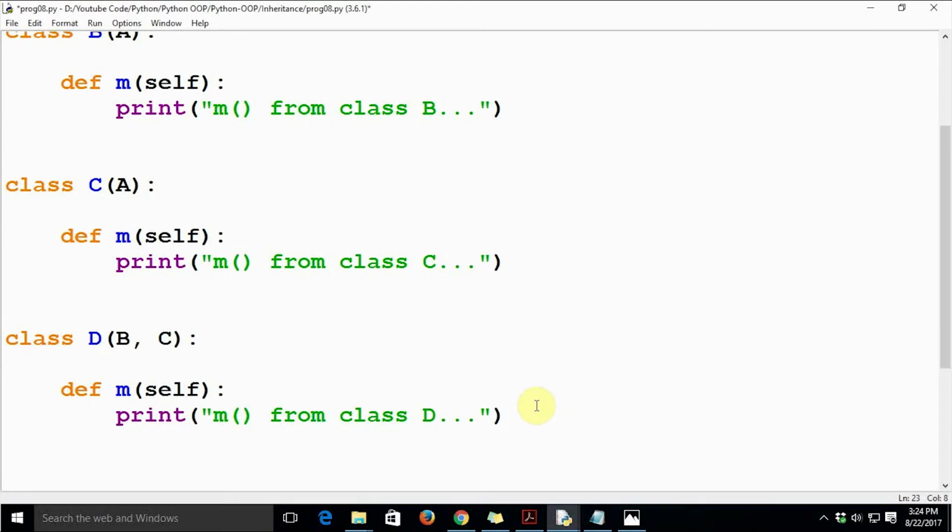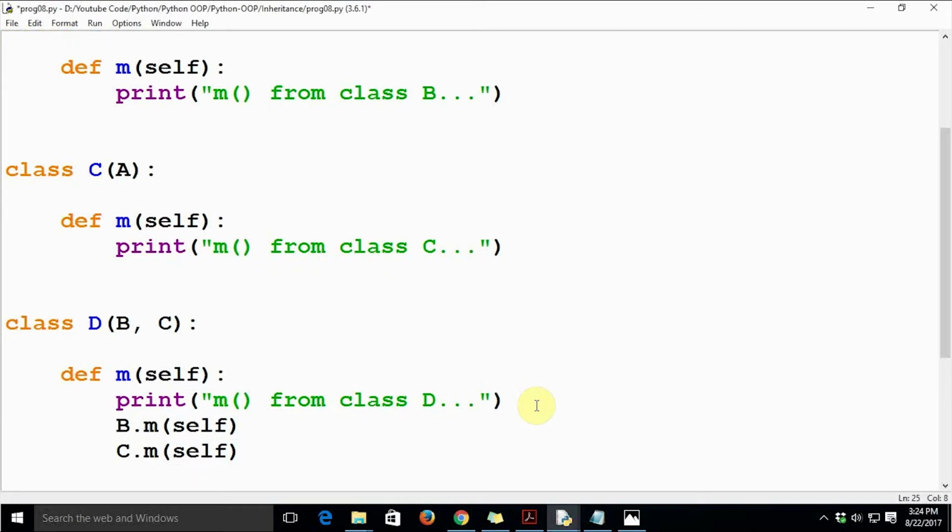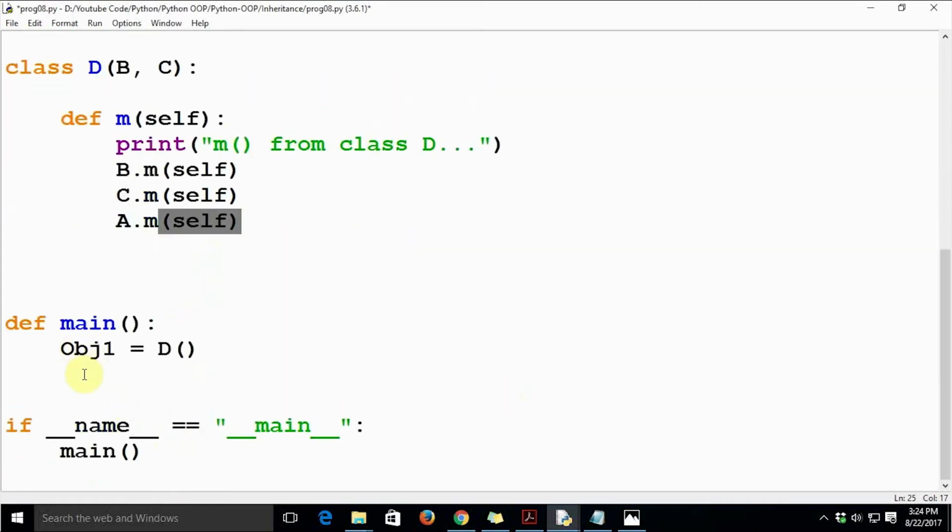So we can say B.m(self), and C.m(self), and finally A.m(self). And in the end we are going to call the m method using the object of class D.